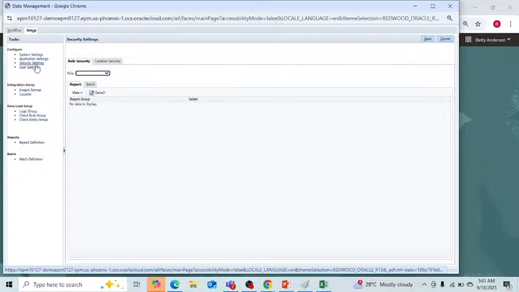Even under the setup, we have the security settings. This is how we secure the system. So what is the use of it? The access manager can manage user access to application artifacts but not data. Then the application administrator